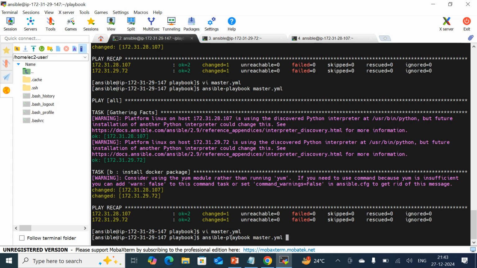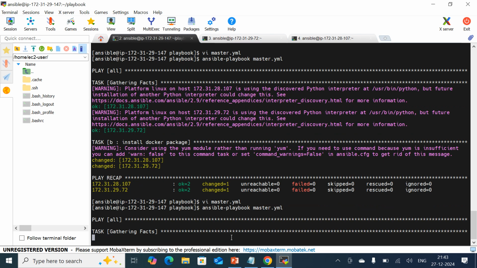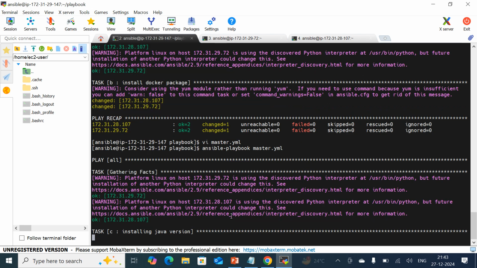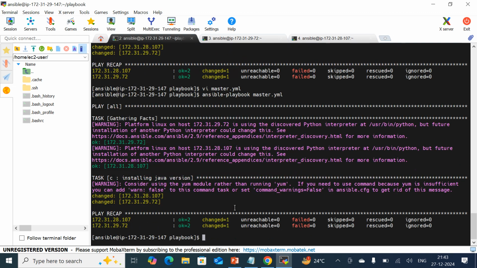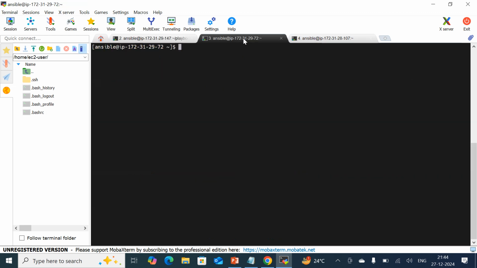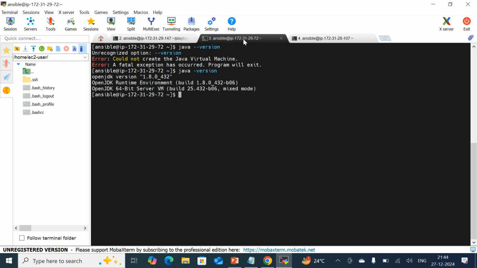Enter. Here I am going to run the playbook once again. It is going to install the Java version. Is it installed or not? Yes, successfully it has installed the Java version on the target environment. If you want to check the same, java -version. Okay, maybe I entered the wrong command. java -version. Here, what version have we installed? 1.8.0. Is it installed or not? Yes, obviously, the Java version which we had mentioned in the role C has been installed